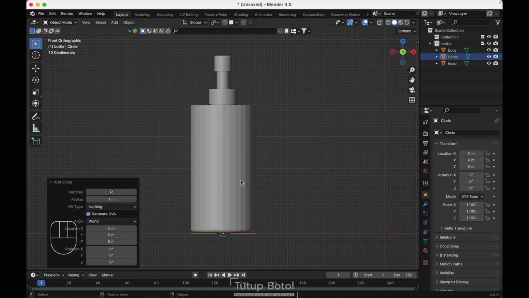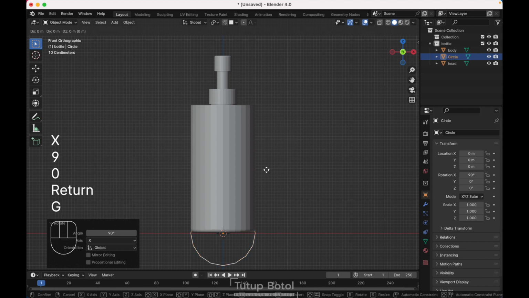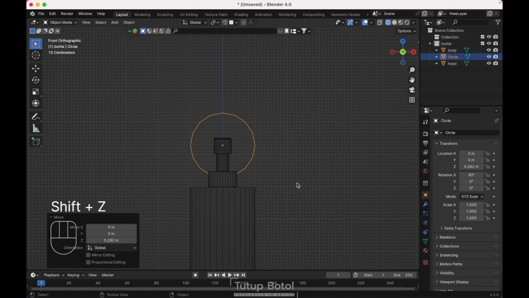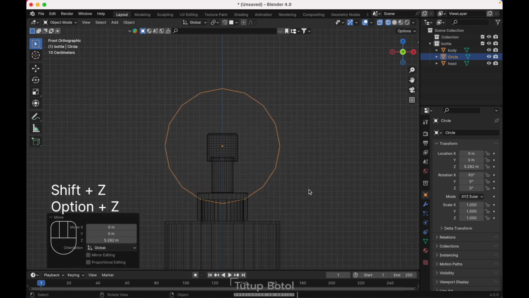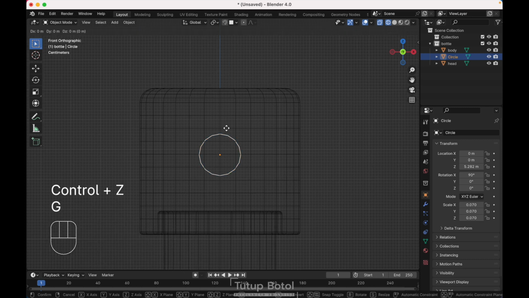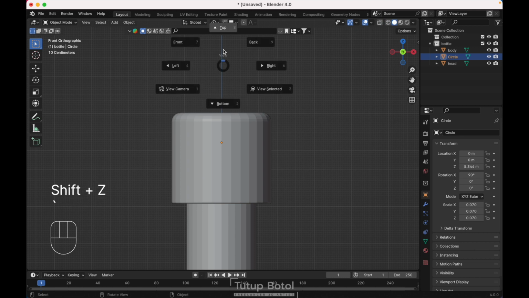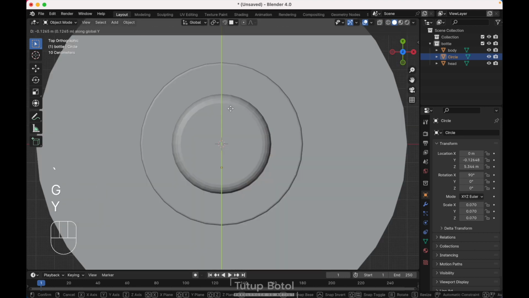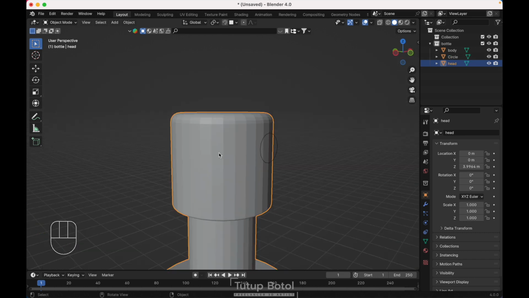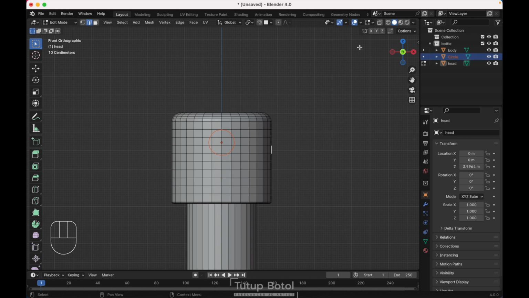Next, press Shift A, mesh, add a circle, change the vertices to 16. R to rotate, X, rotate it 90 degrees, press G Z, move it up here, just like this, press Shift Z, Alt Z, S to scale it again, scale it like this, press G, Z, just move it over here, and press Shift Z, go to the top view, press G Y, move your circle to the front over here, just like this,